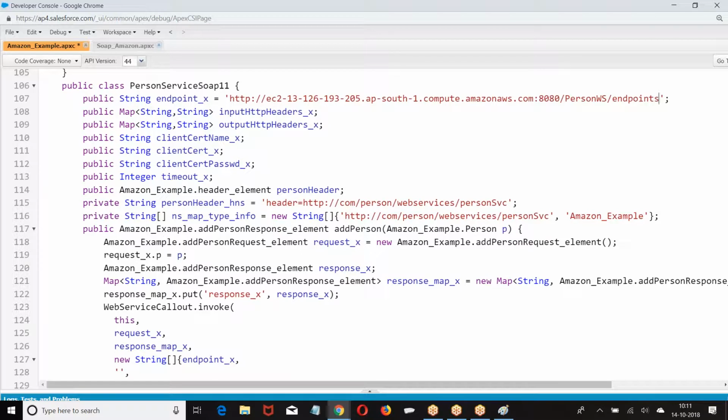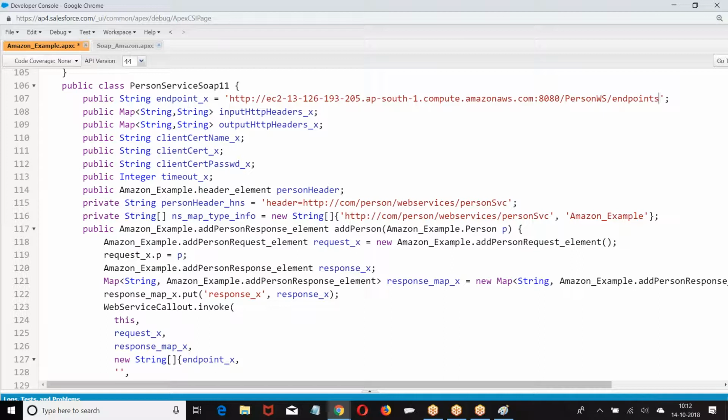No authentication, leave it. I hope you are good. In the URL, if you are supposed to pass, where will you pass? Input header. In the header, if you want to pass, header element. In the body, if you have to pass, parameter. Was that clear? People who followed? Followed, Amma? People have followed this?